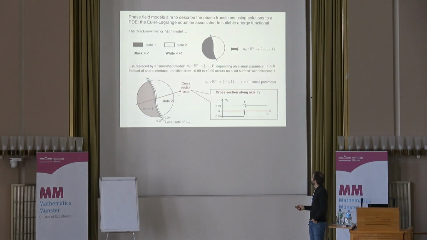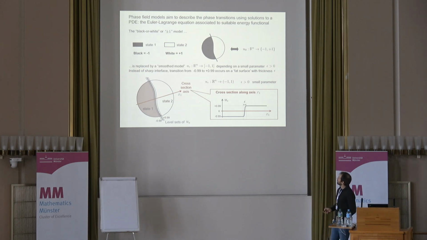So now, the phase field models, there are many, right? But in the simplest case, everything is scalar, so there are no vectorial models or complex numbers. This would be the scalar case of the Ginzburg-Landau, if you want. So you want to describe the phase transition, and instead of using a black and white model, a function from the space R^n taking values either +1 or -1, black or white, right? What you do is replace it by a smoothed model, because you want to describe things by solutions to the PDE. You like the PDE, right?